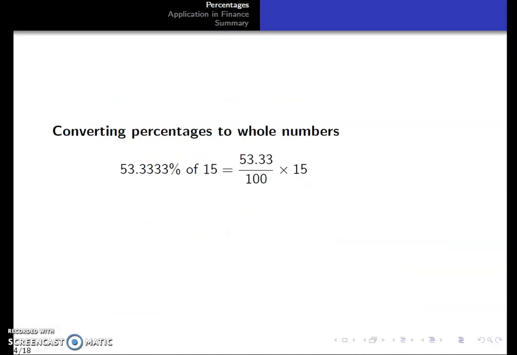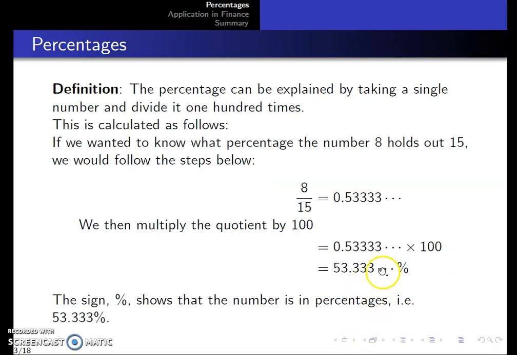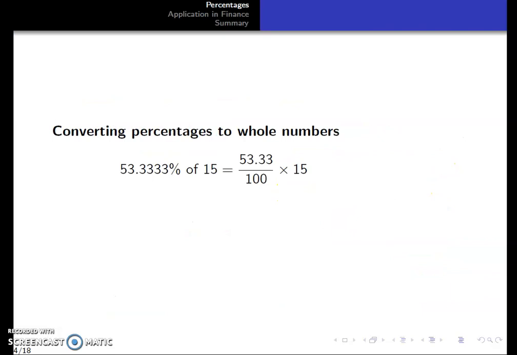Now, we can convert a number to a percentage, but we can also convert a percentage back. Now, what this means is, if we were to use the example which we have here, what we want is to convert it from here back to this number. So we've got 53,3333% of 15. Now remember, in mathematics, of means multiply. So 53,3333% of 15 is the same as